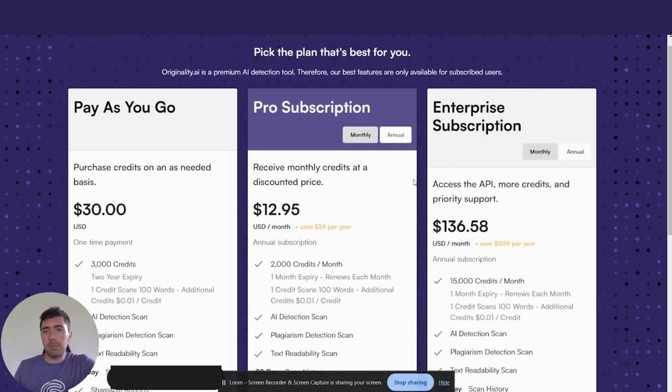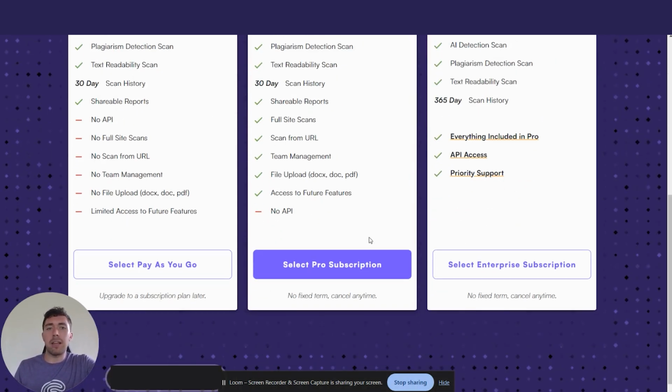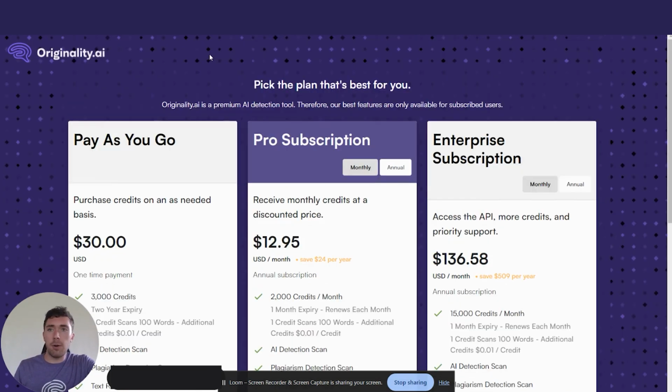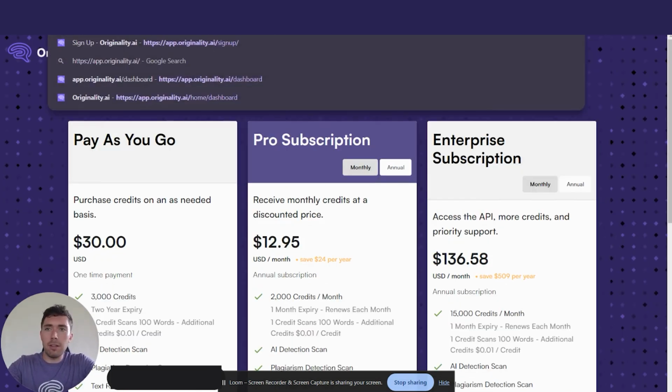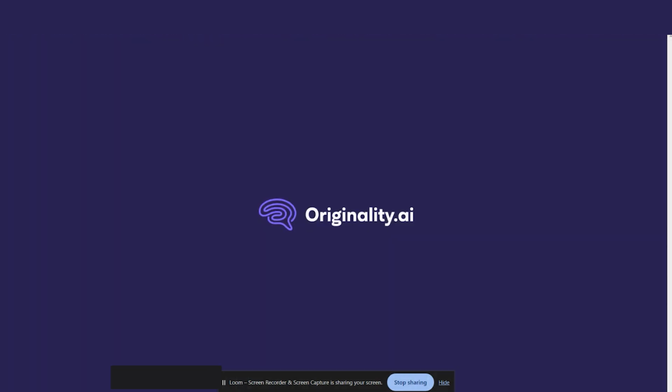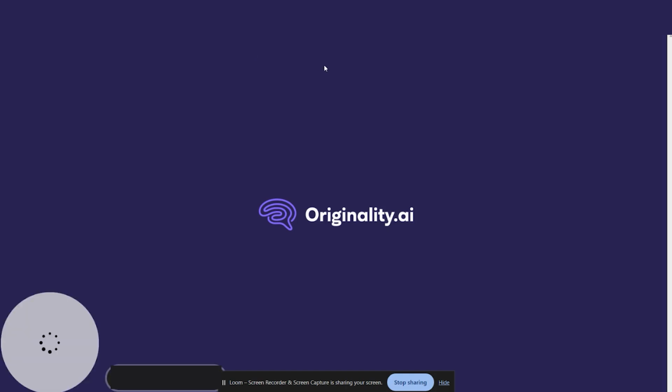And then you're going to come to this page next where you can decide what kind of plan you want to be on. If you're not ready to go on a plan yet, then you can come up here to the URL, change it to home/dashboard, and it's going to take you to your dashboard so that you can start